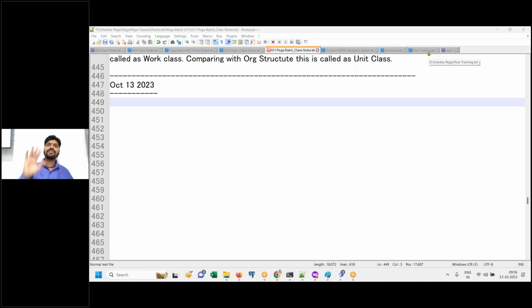Study 5 times. This 5 times will become 3 times after 1 month. This 3 times will become 2 times after 2 months. This 2 times will become 1 time after 3.5 months. And once you see this, you will gain the knowledge that you will remember forever going forward. So that is how you need to train your brain. Okay, improve its ability. That improving is also in your hands.